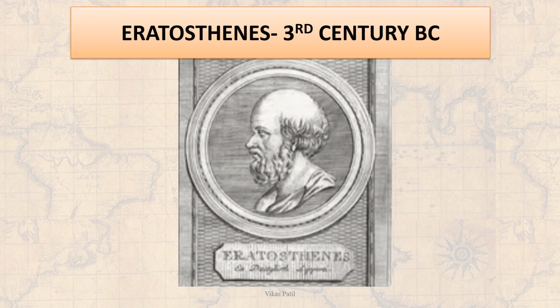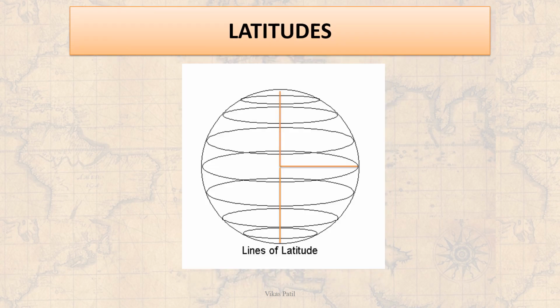Now, if you are thinking that the grid lines were created recently in history, of course it is not so. Scholars right from the 3rd century BC were able to create grid lines on Earth. Of course they were not as sophisticated and accurate as we have now, but somebody like Eratosthenes was able to create horizontal and vertical lines to create the grid of Earth.